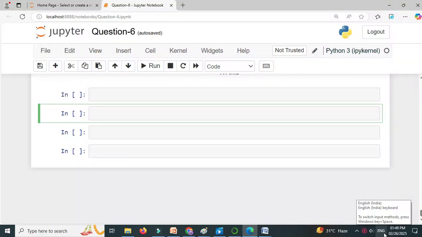Here we will write a program to display multiplication of odd numbers from 1 to n, where value of n is given by the user. So first in comment line we will write,